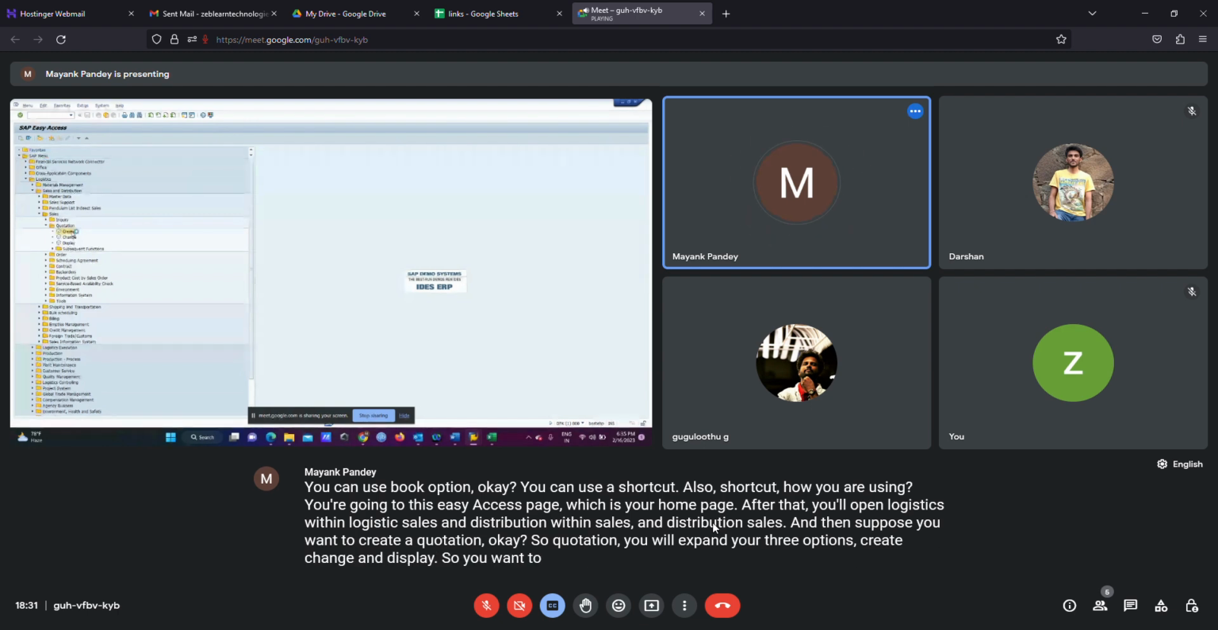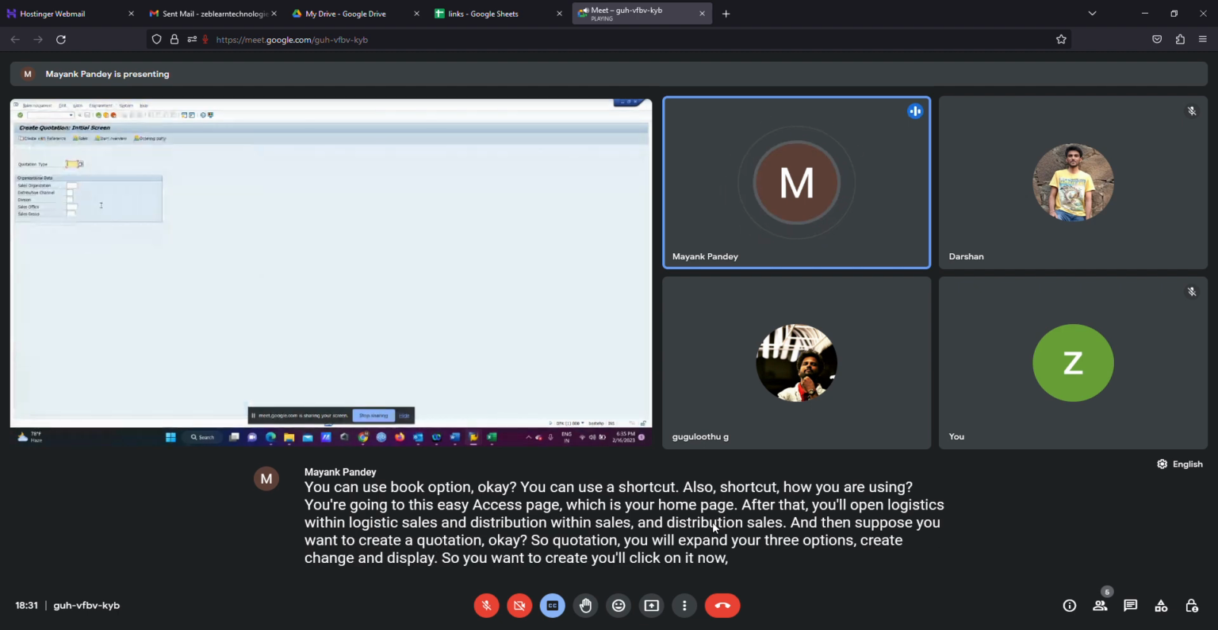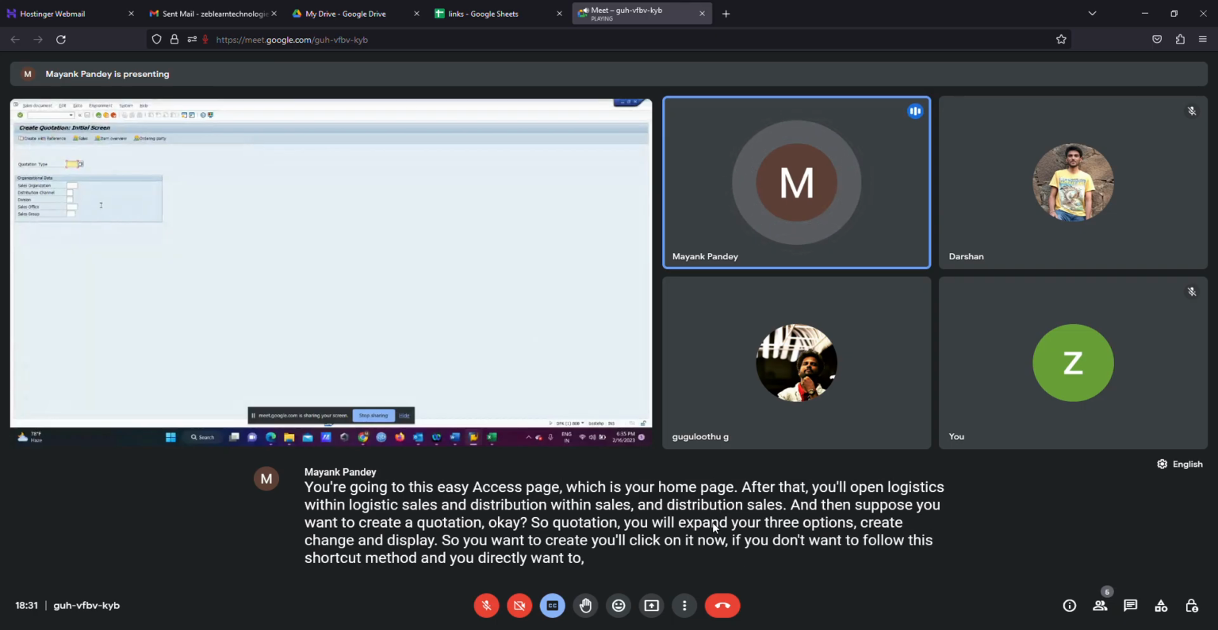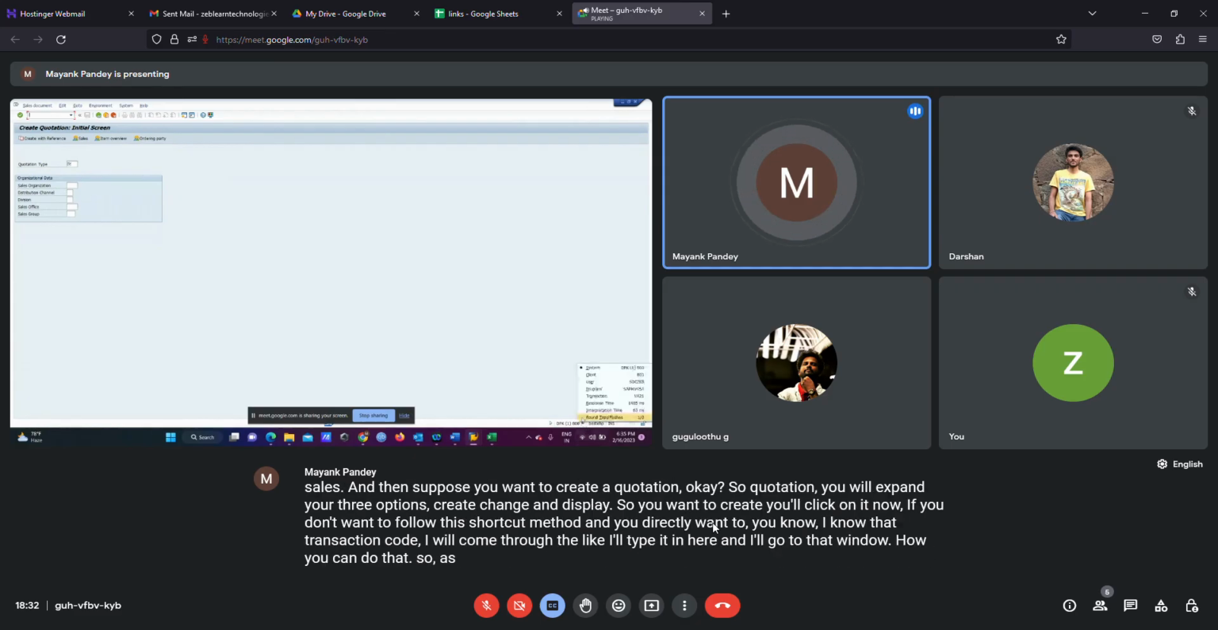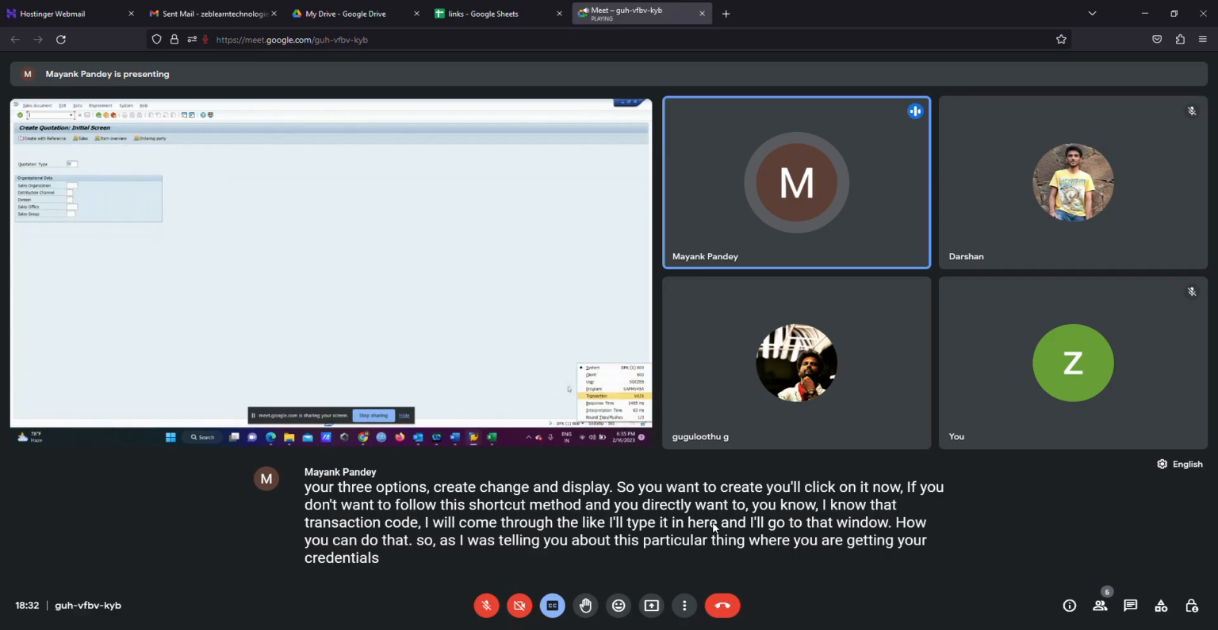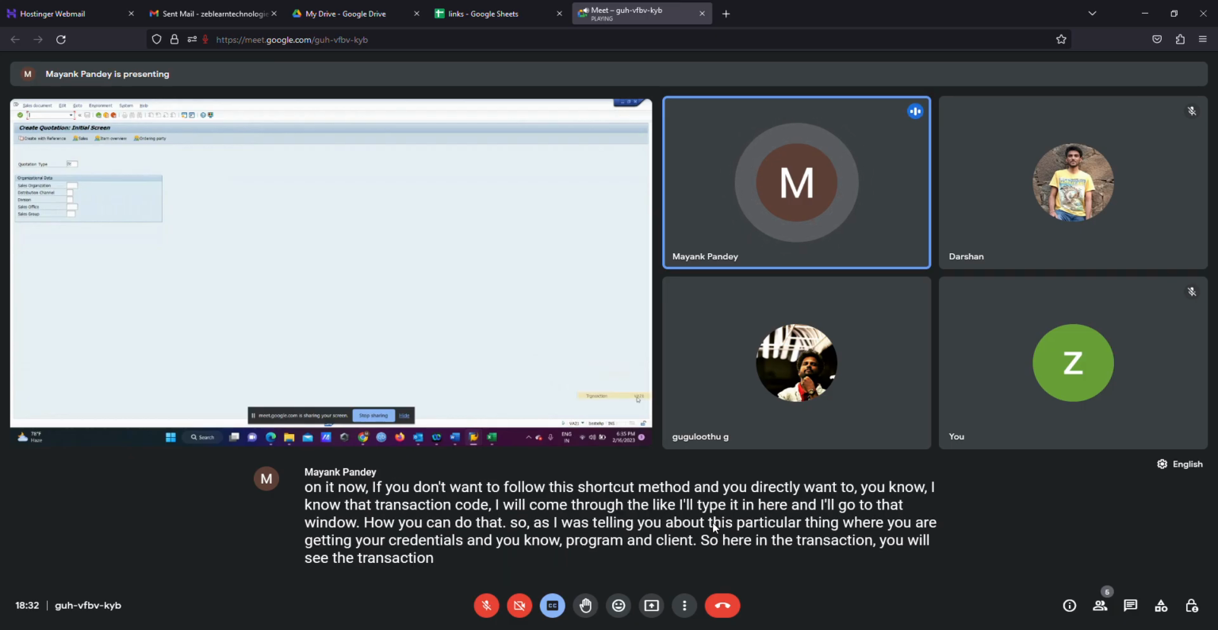Now, if you don't want to follow this shortcut method and you know the transaction code, you type it in here and go to that window. How can you do that? As I was telling you about this particular area where you get your credentials, program and client, here in the transaction you will see the transaction mentioned for this particular